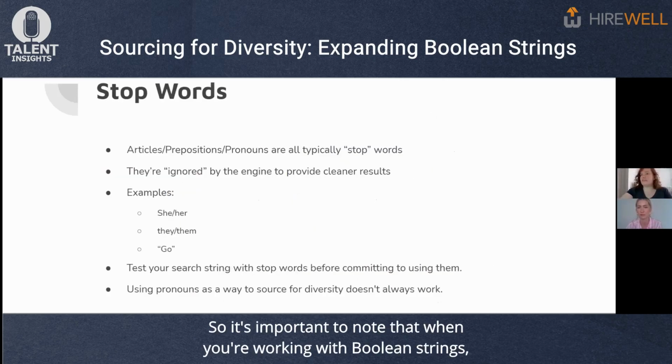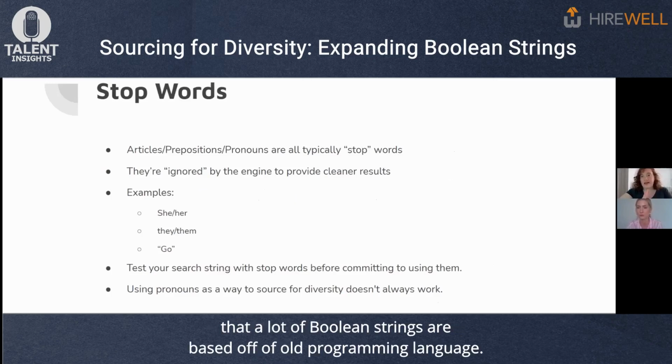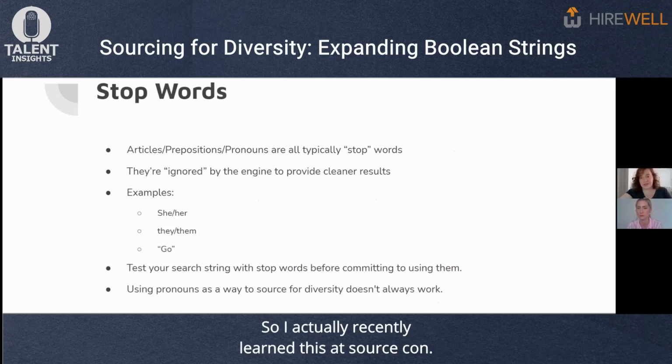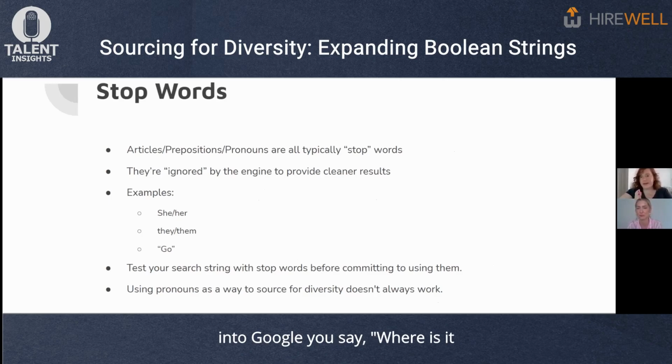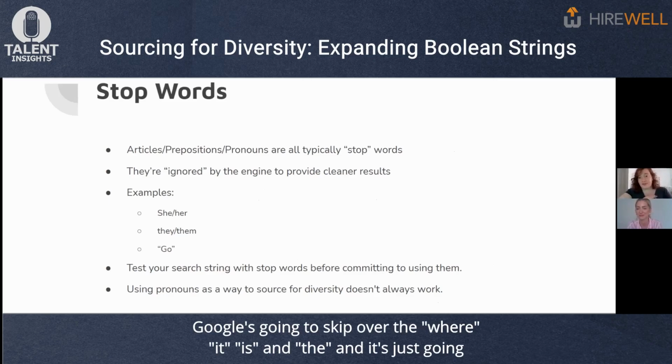depending on your needs. It's important to note that a lot of Boolean strings are based off of old programming language. I actually recently learned this at SourceCon. I'd always heard of stop words. They're just words that, when you're typing into Google, you say, where is the closest Steak and Shake? Google's going to skip over the where and is and the, and it's just going to look for Steak and